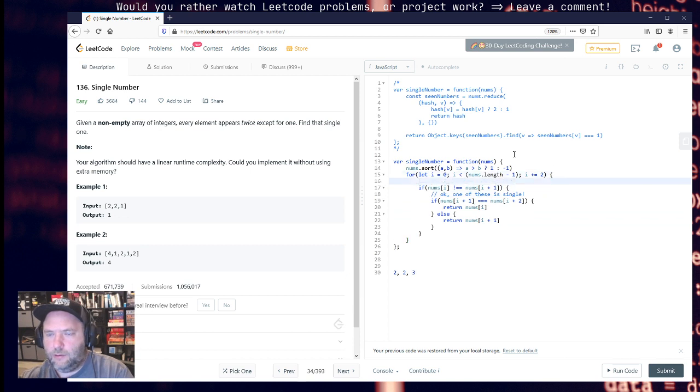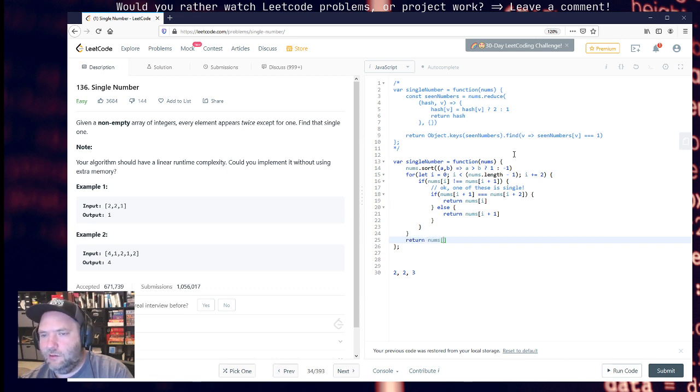What we can do basically right here is, if we just run through every item in the list, then we know we can just return the last number, which is nums at nums.length minus 1. Okay, feel pretty good about that. So the two test cases that I want to see here,